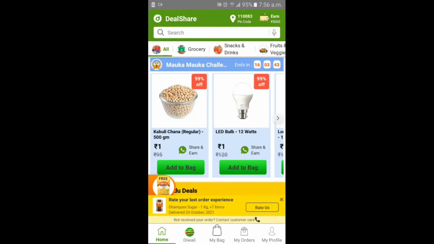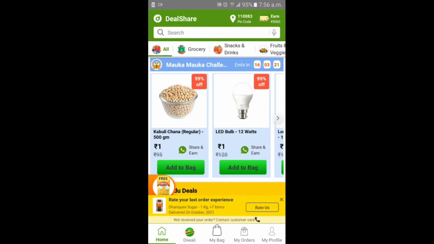Below the DealShare logo you can see a search bar for searching your product, whatever you want to search, like chana, chole, LED, whatever, consumer products like groceries, drinks, snacks, sports, whatever.